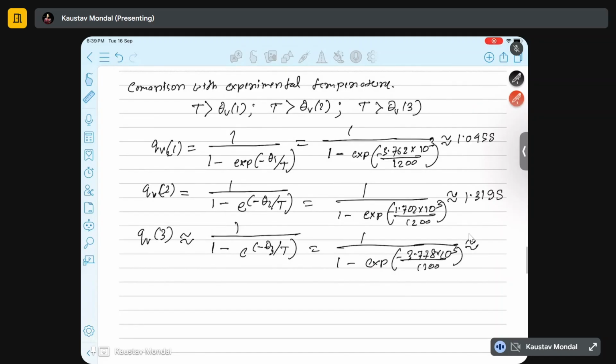If you do this, 1 by 1 minus exponential to the power minus 3.778 into 10 to the power 3, whole thing is divided by 1200. So this whole thing gives you